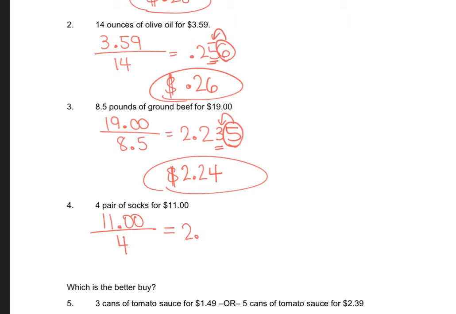And this comes out to an even $2.75, no rounding necessary. And that to me seems a little expensive, but I don't know. I usually get my socks in bulk and they're like the no-show ones. So, there you have it. That's how you would figure out the unit price of